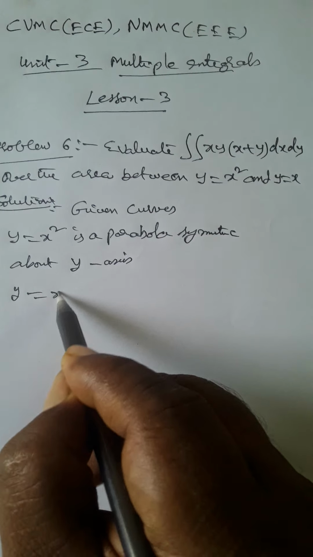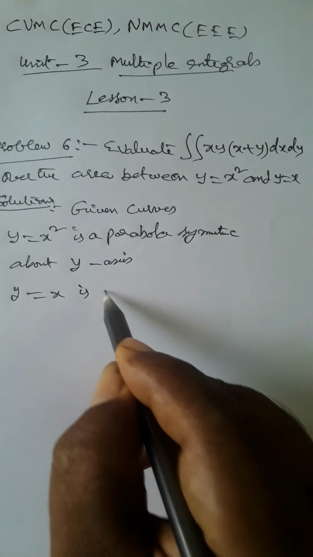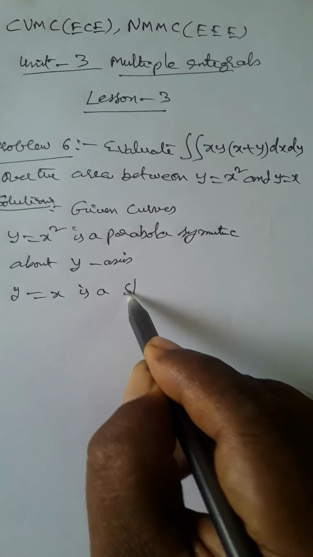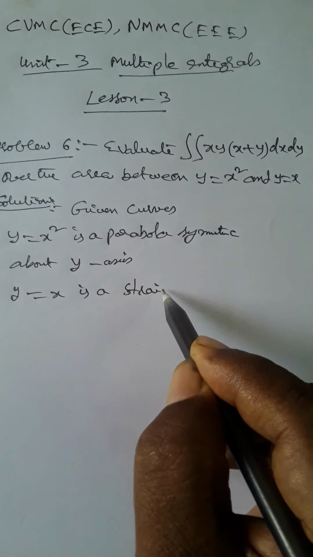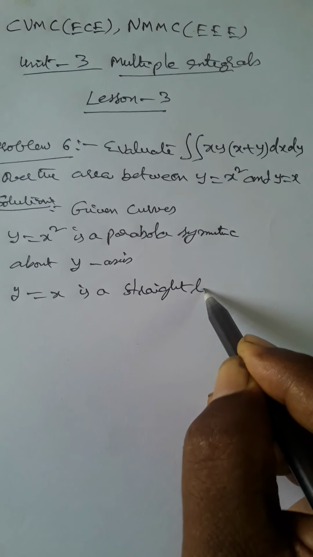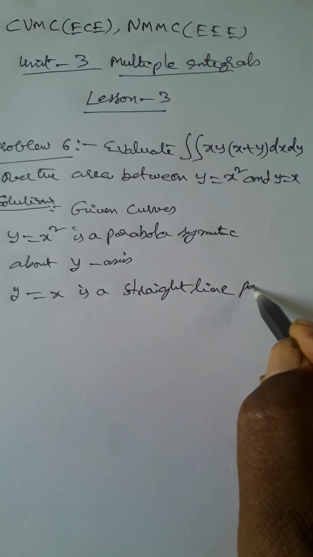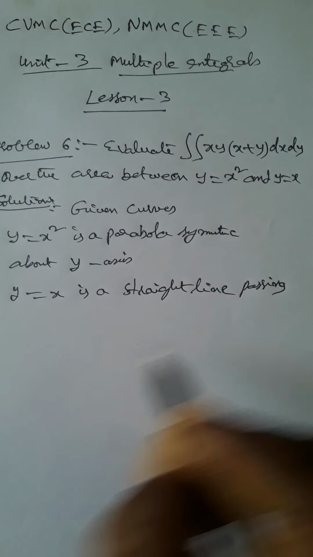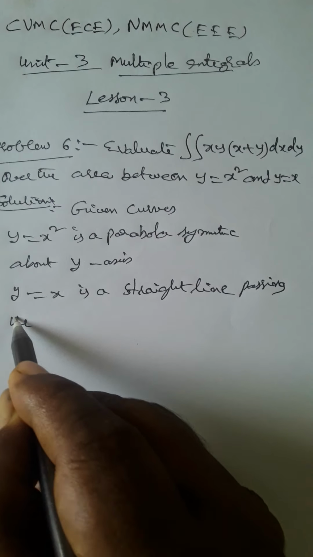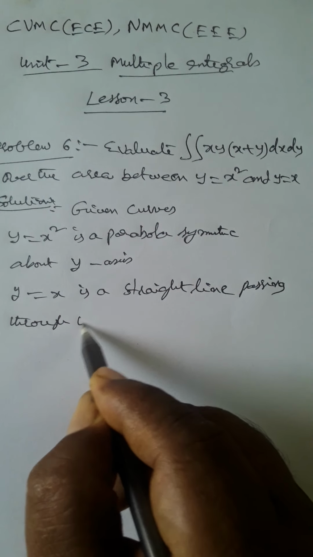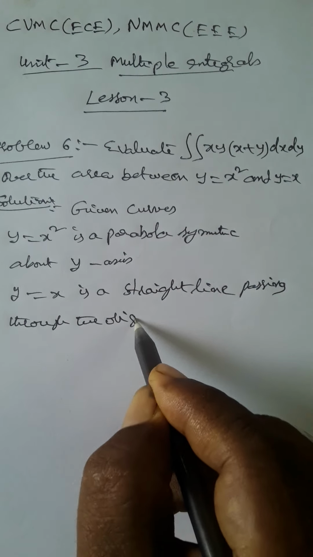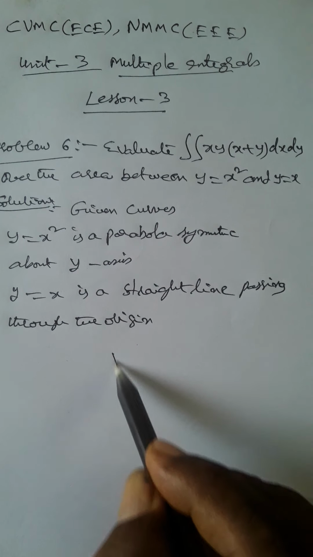Y is equal to x is a straight line passing through the origin. So the diagram is